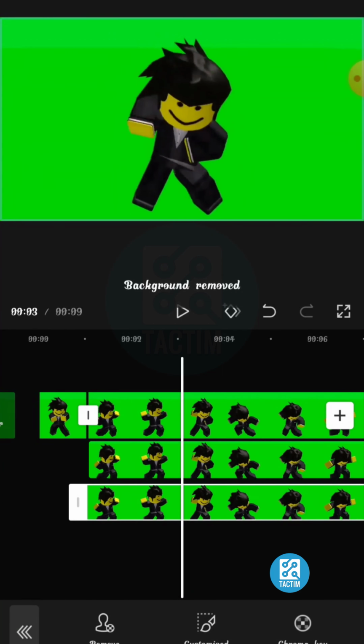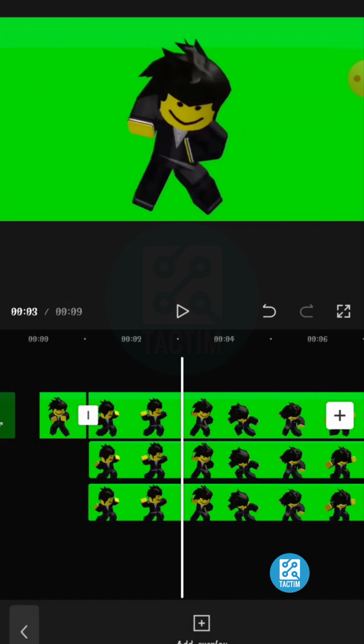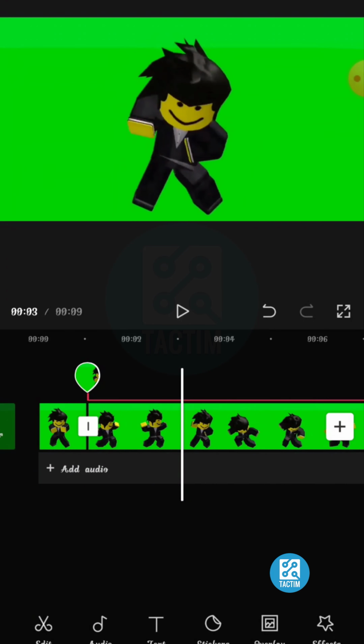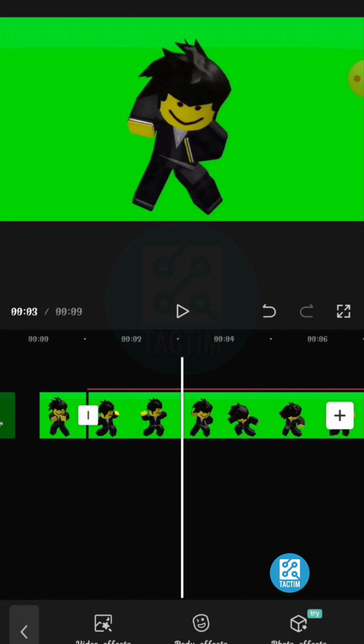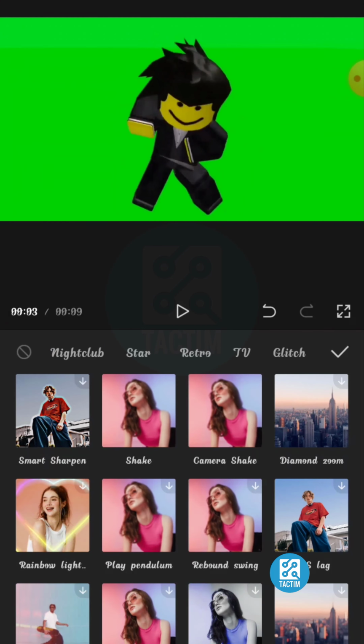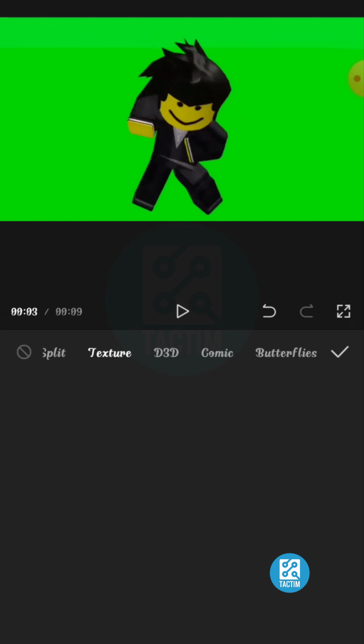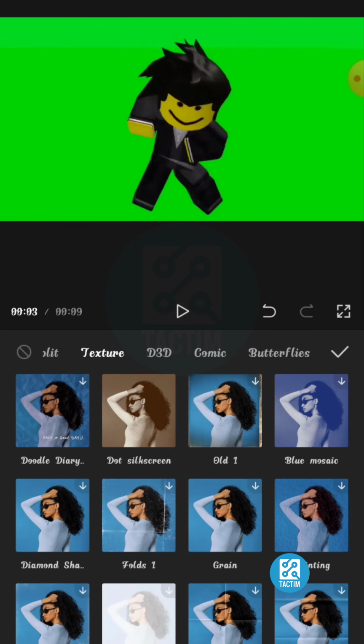Now again click on the first overlay video, go back, and here you can see the effects option in the bottom right, click on it. Click on video effects, scroll here and here you can see texture, click on it. Click on dot silk screen,